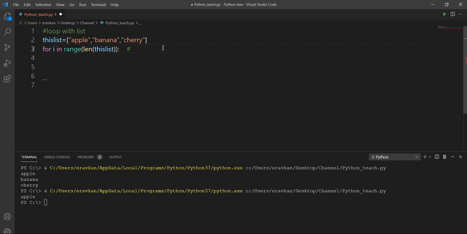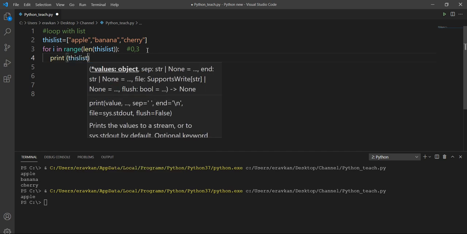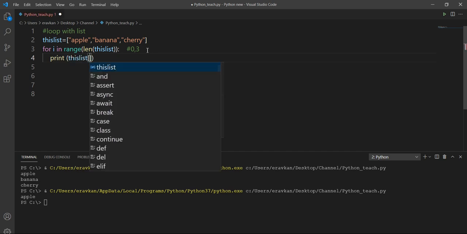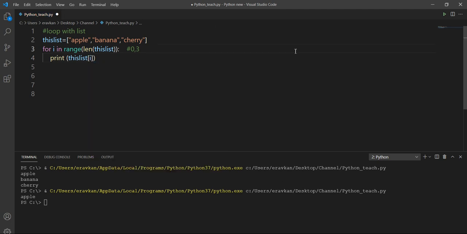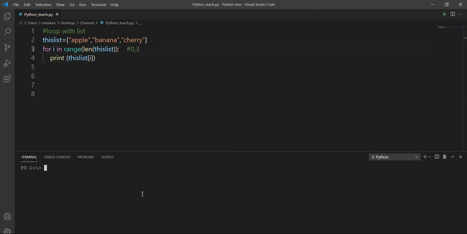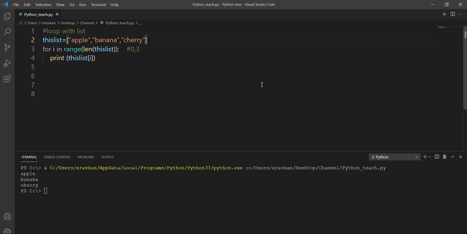So our loop will go from 0 to 3, the range function value. So 0, 1, 2 elements you will get. 3 will not be included. Okay. For i in range, now print this list, then I will use i here. So in this way, I can also print the values of my list, apple, banana, cherry.